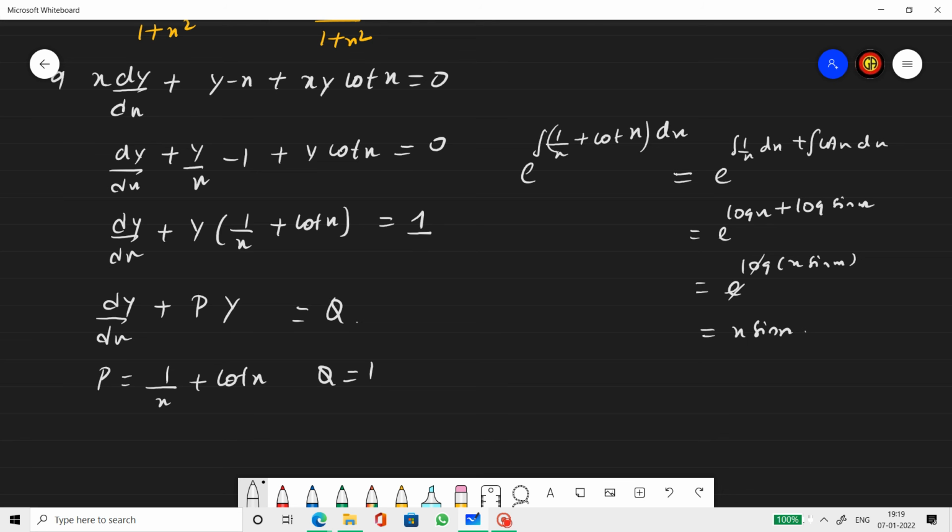And then you put it in the general solution. Obviously, you come to a point where you have to use parts because Q is 1 here. So you have to use parts in order to complete the integration. Mind you, it's x into sin x. X is algebra, sin x is trigonometry. So allot the terms according to the rule and integrate it.